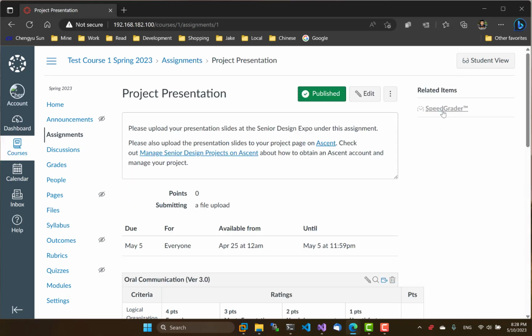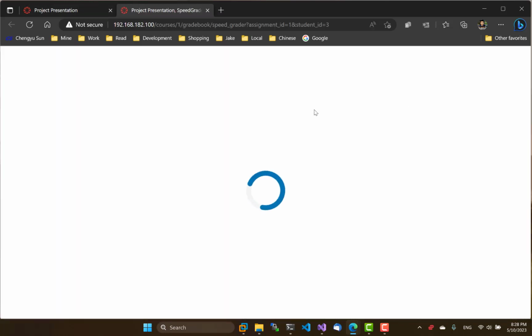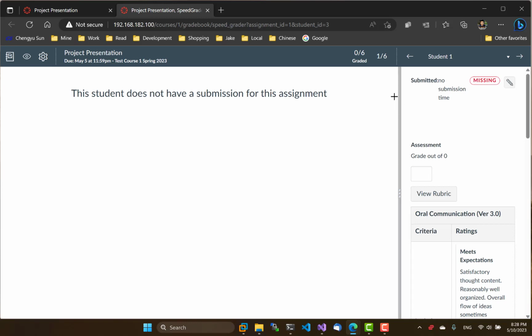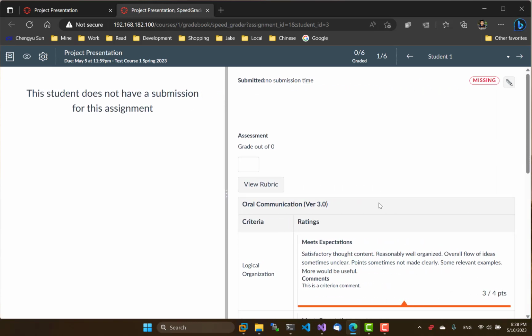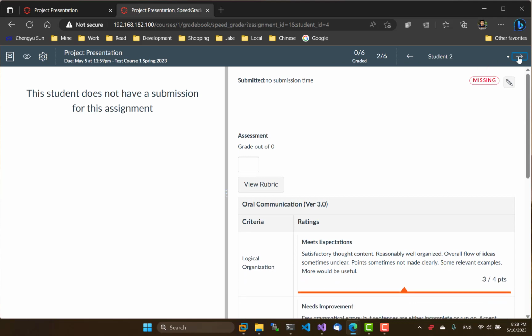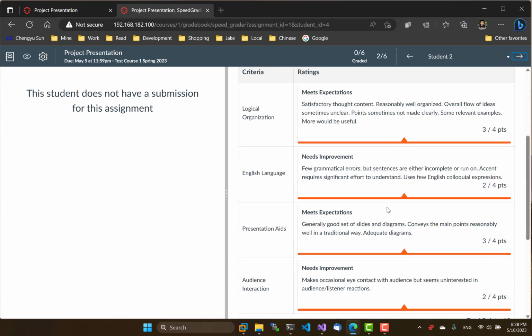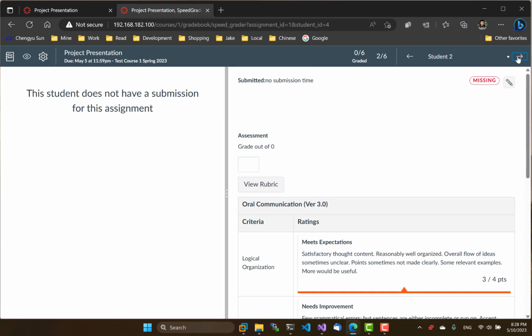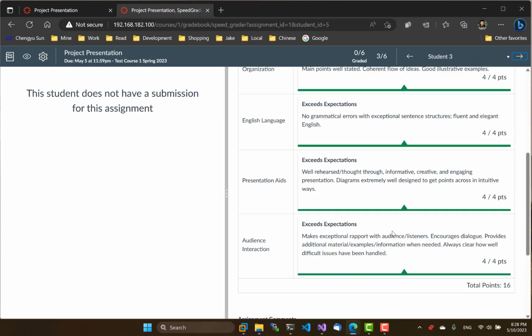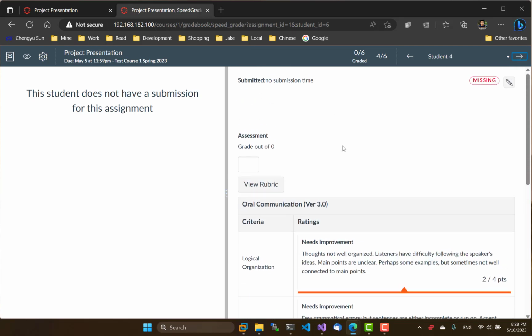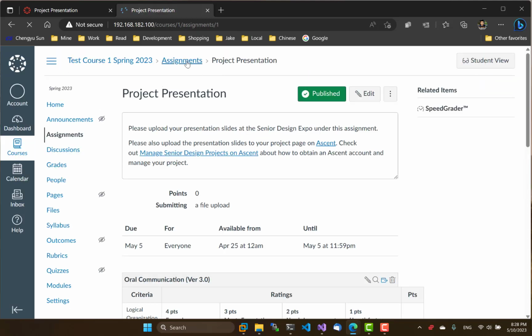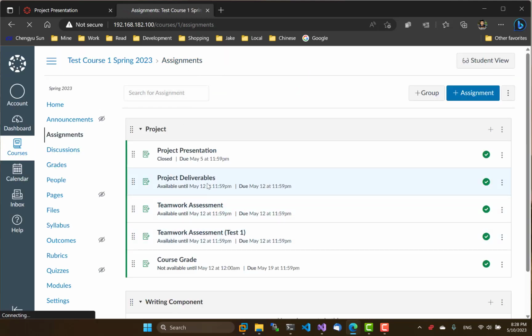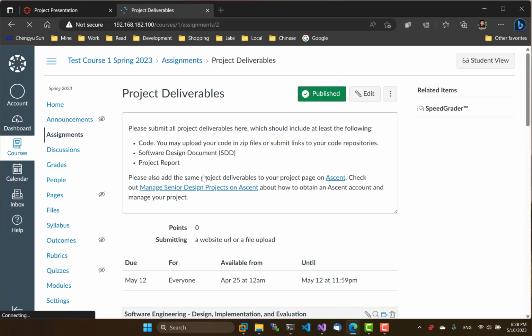So, for example, if we look at speed grader, we can see that for project presentation, I have evaluated all 6 students with some randomly selected ratings. And for the project deliverable